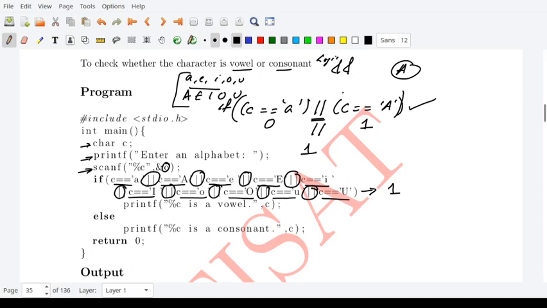Okay, so what we are actually doing is taking individual conditions and their corresponding true or false values, then ORing them. You take an individual condition and check whether it is true or false. If it is true, you get a value 1. If it is false, you get a return value 0. Similarly, you take another individual condition, find whether it is true or false, then you OR these two.